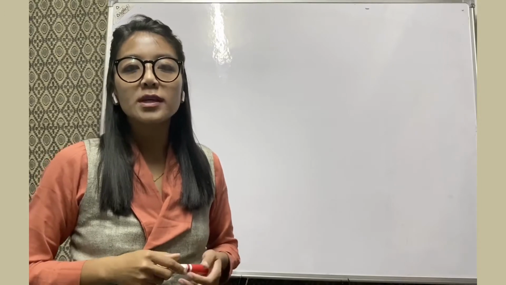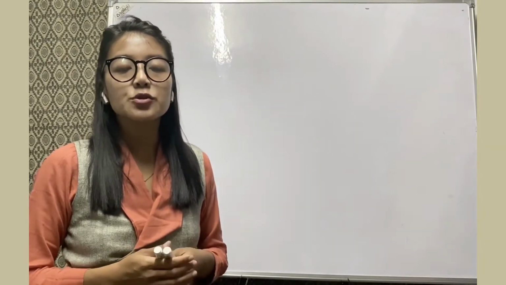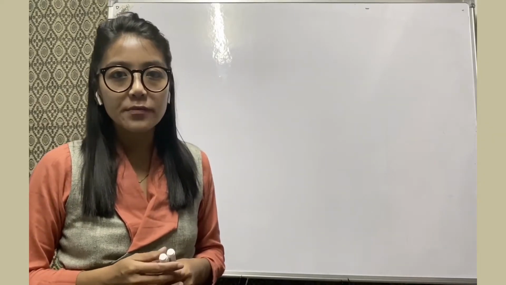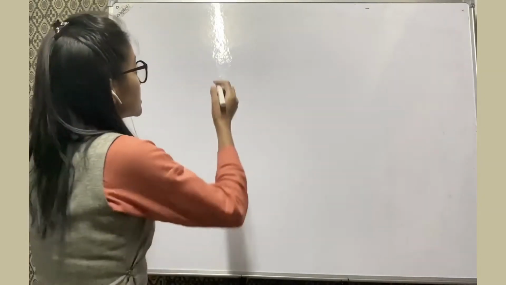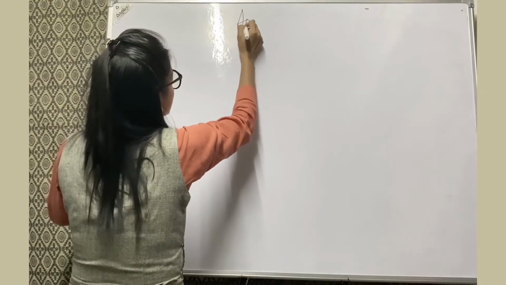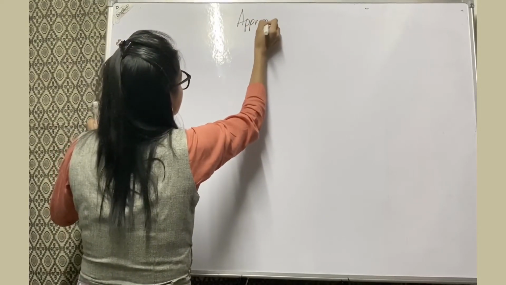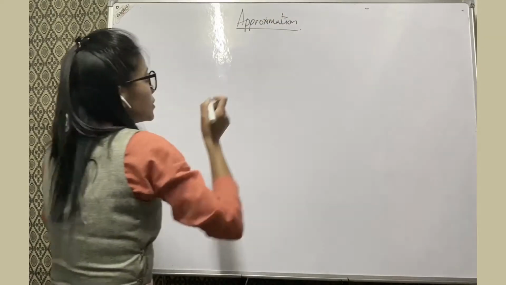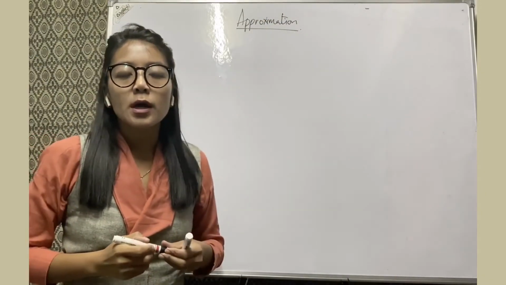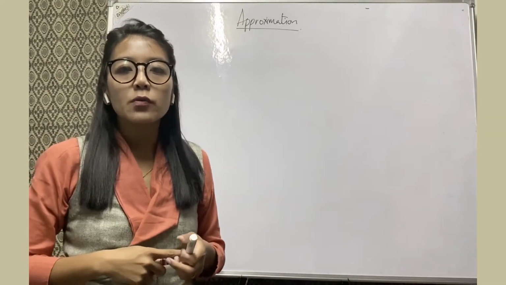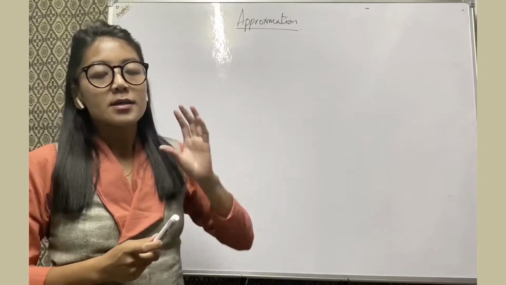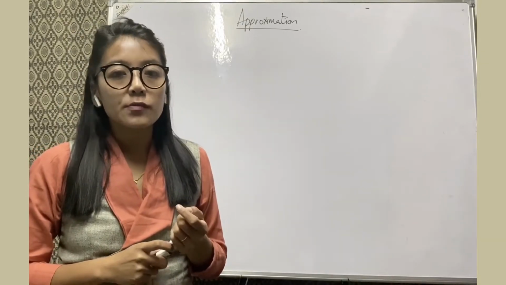Hello to all the class 12 students, and today we will be discussing the last topic of the chapter applications of derivative, which is approximation. In this topic, we are going to see how we will apply derivatives to approximate certain values, like for example square root of 36.1,